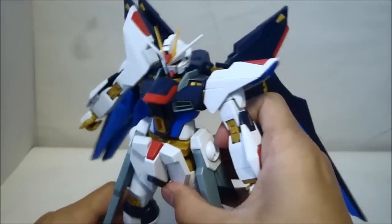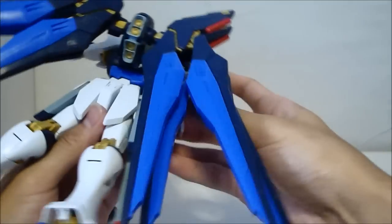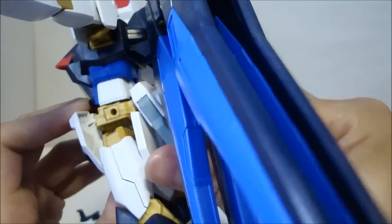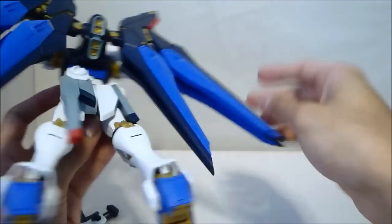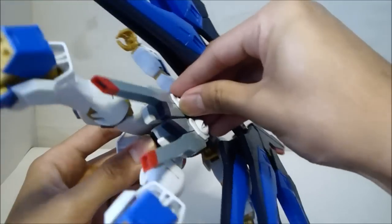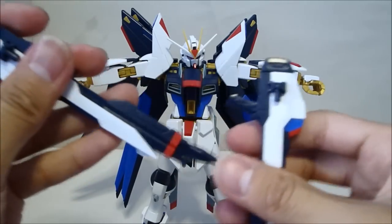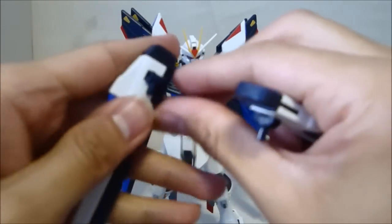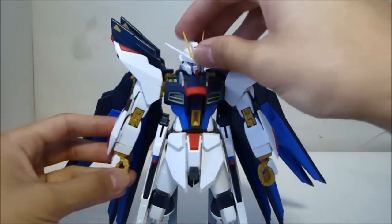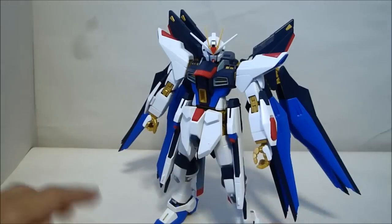Oh, this kit is just falling apart. Anyways, as I said, all the weapons can be stored on the Gundam itself, so if you move hands, slide down the back skirt, move the side skirts over, and what you do is you, of course, collapse everything. The handles can collapse. Pull the pegs out. It's specific to whichever goes on which side, so fit like so. And then there you have all the weapons,